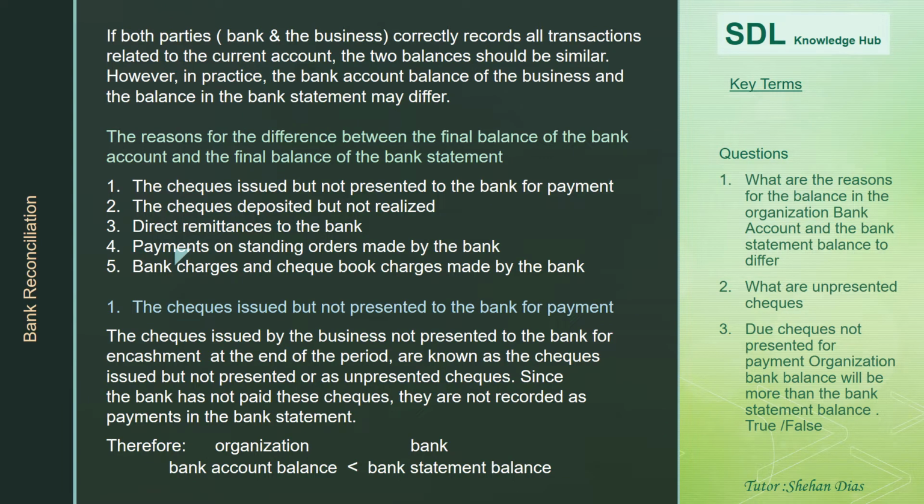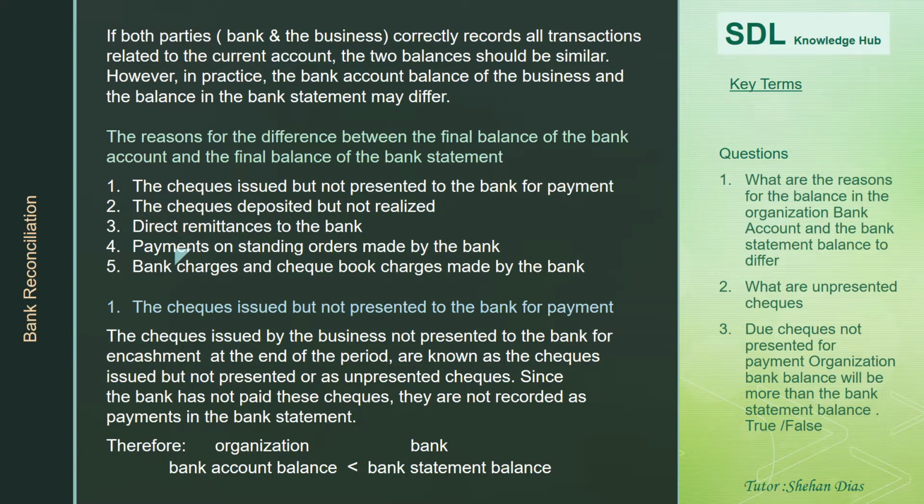Now, if the bank and the business record all the transactions related to the current account, the two balances in the bank statement and the bank account at the end of the period should be the same. But in practice, there is always a difference. This difference between the bank account and the bank balance could happen due to several reasons. So these reasons are: